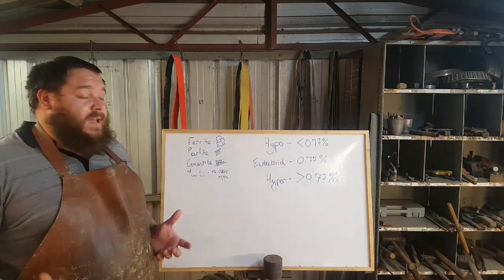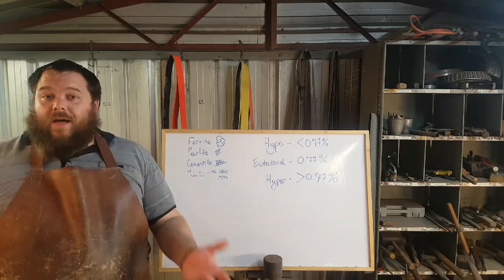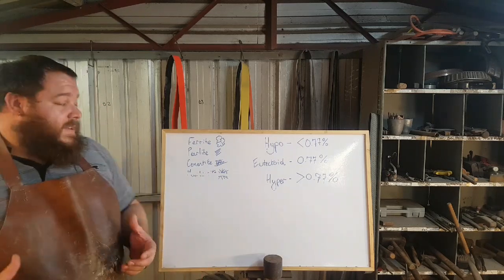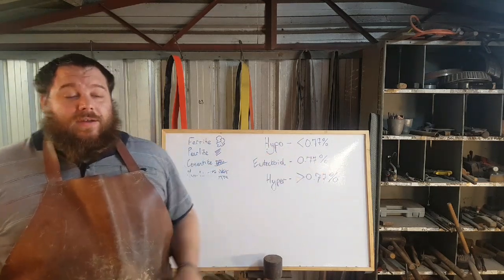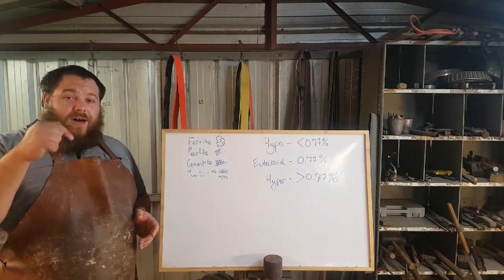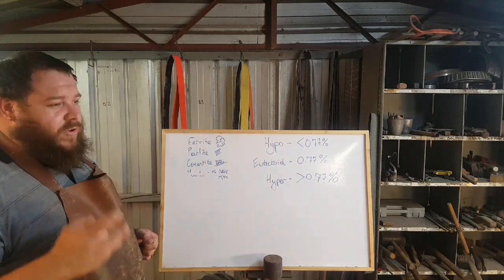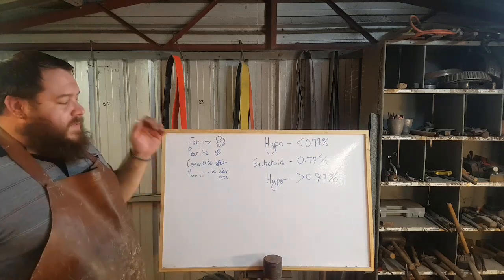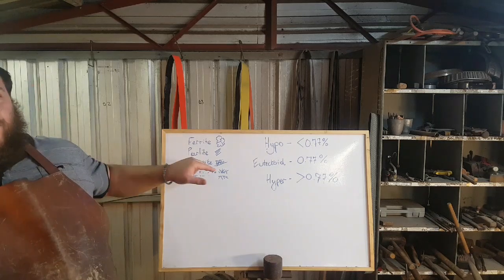Now, if you've used tungsten carbide tooling in end mills or drill bits, then you'll know that tungsten carbide is one of the hardest materials we work with other than diamond. The reason for that is because of those carbide clusters. So in this case, you end up with carbide clusters in your steel, which is why if you've ever tried to drill a normalized blade and you've drilled halfway through the material and it's just started skating and screeching at you, and you hear the drill bit burning up and it all gets hot and nothing happens, that's why. It's because you've hit a carbide cluster or you've hit a rather large proeutectoid